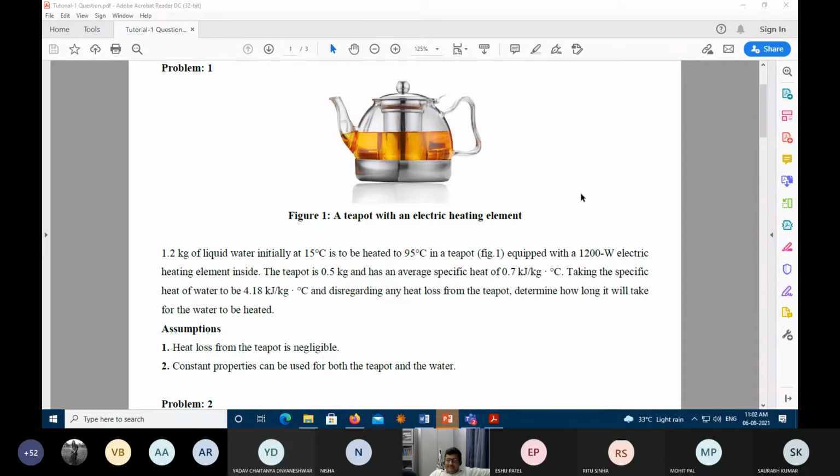So why do I need these two variables? I mean, energy is sufficient, right? Why do I need suddenly power? Because we have to calculate time. No, I mean, physically, why do you need two different variables? Have you ever thought about it? Let me put it in a very different way. What is the difference between energy and power?